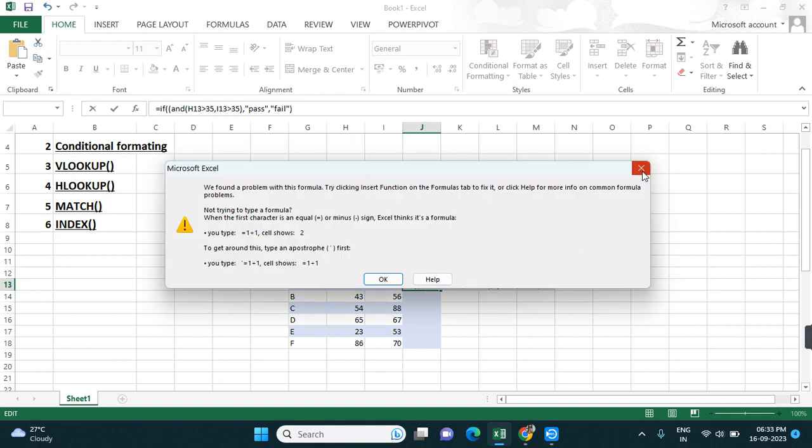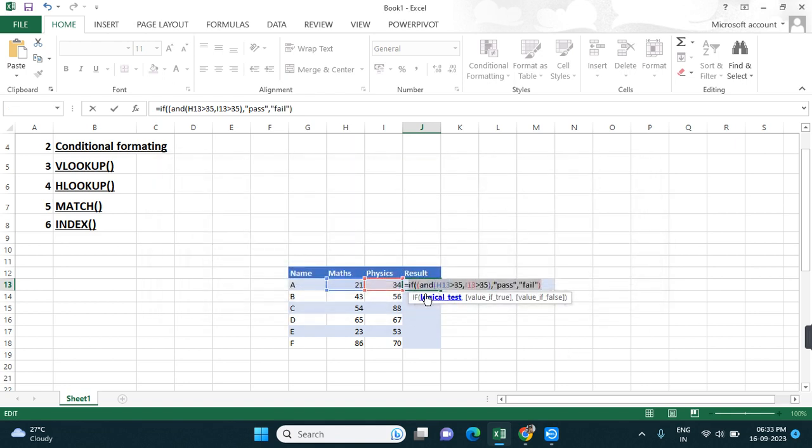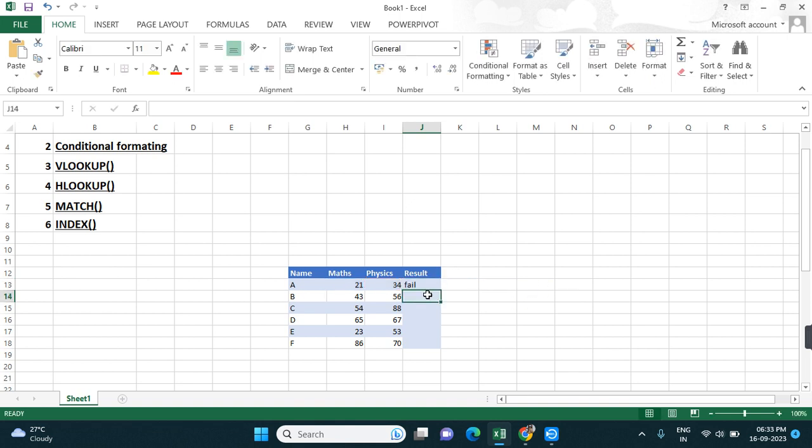So this is how this works. Enter. This will give the result as fail because here both marks are below 35. When I drag it down,